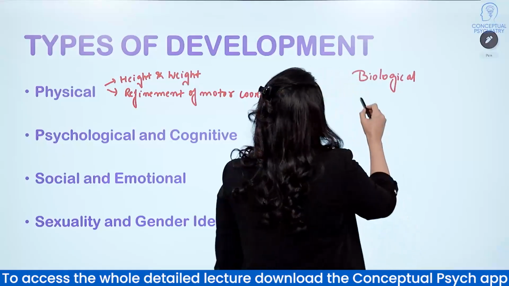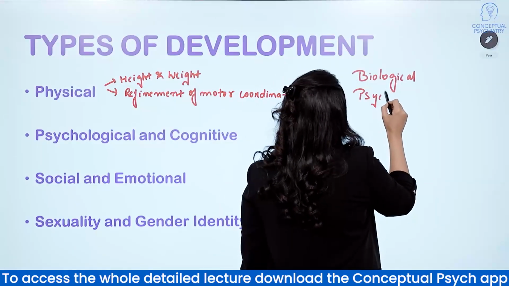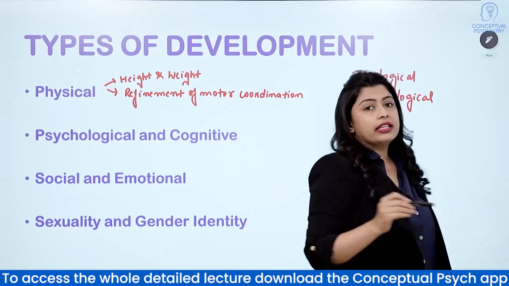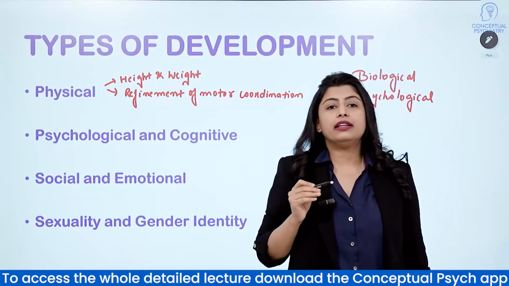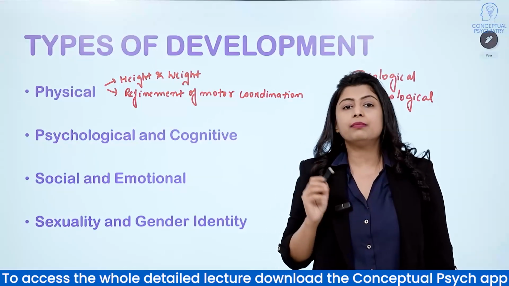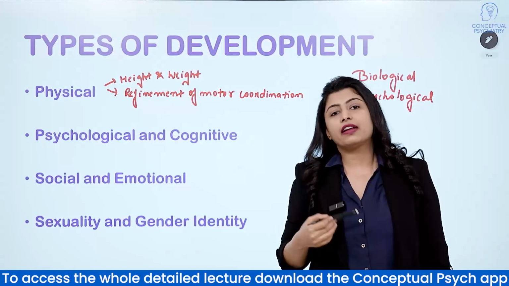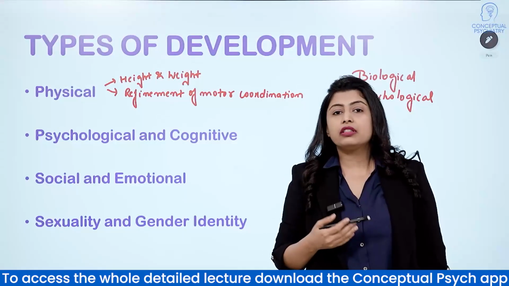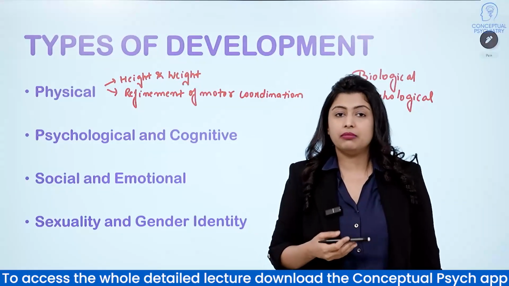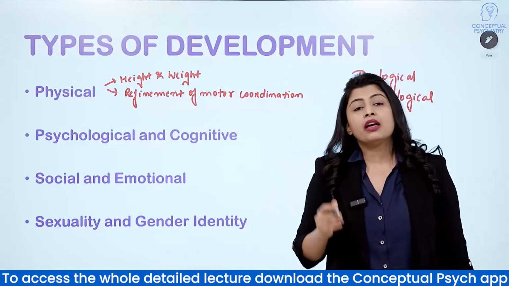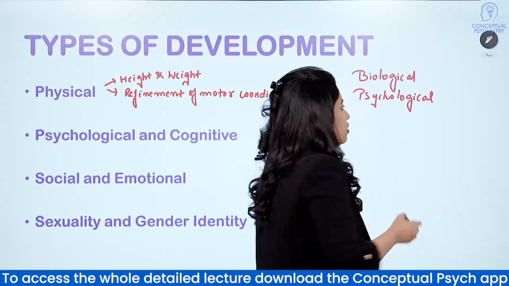Then come the psychological forces. Here, it includes all the internal, perceptual, cognitive, emotional, and personality factors that affect the development of a child. Intelligence, self confidence, honesty, and self esteem are also some examples of the psychological forces. Then come the sociocultural forces.